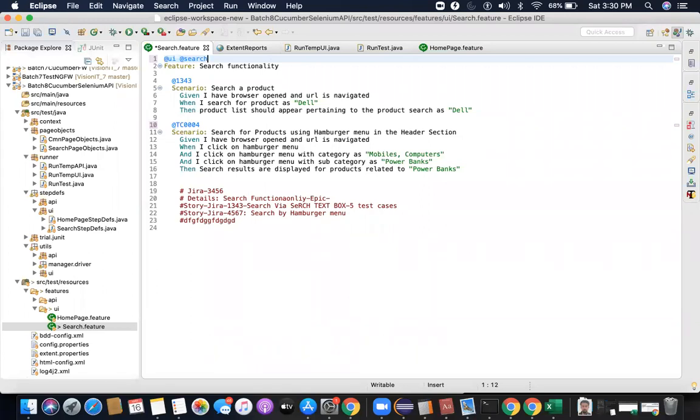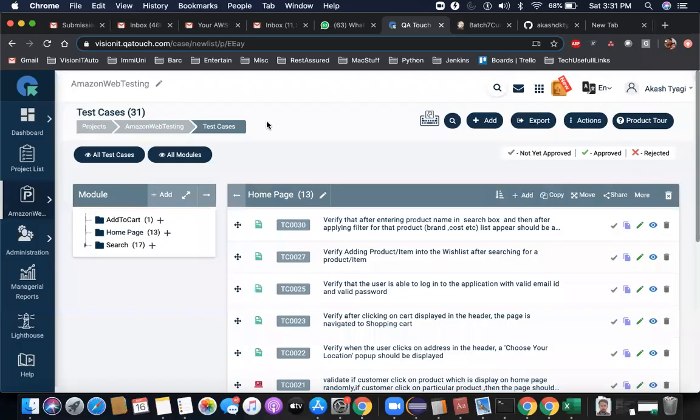Okay, cool. If no further question on this, then let me just remove it from here. So this test case which I automated was actually present here. It's test case number 4. Can you guys see my screen?